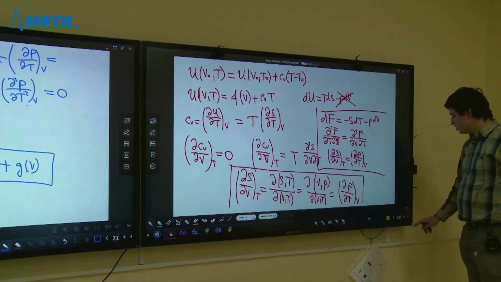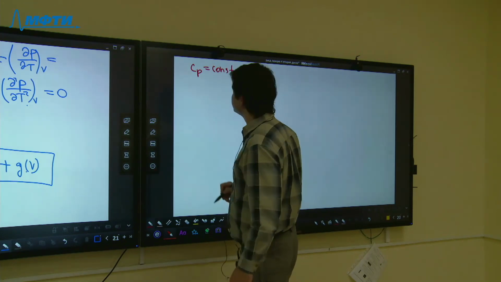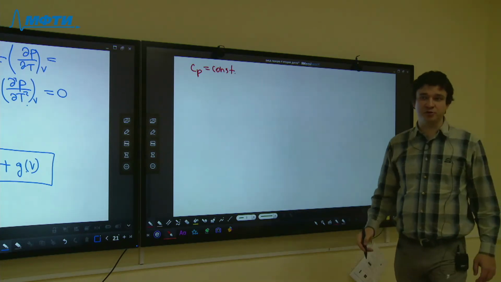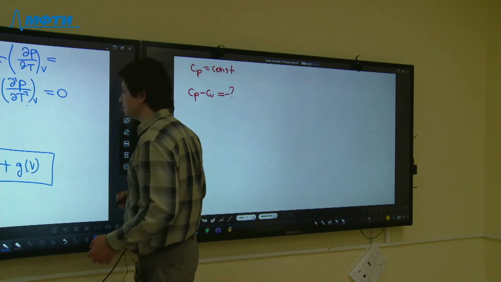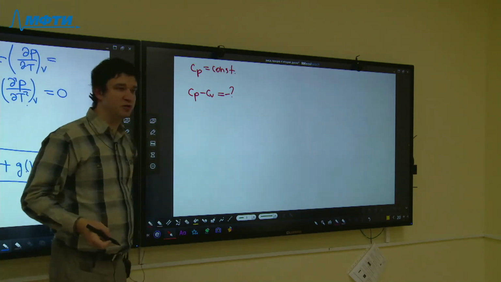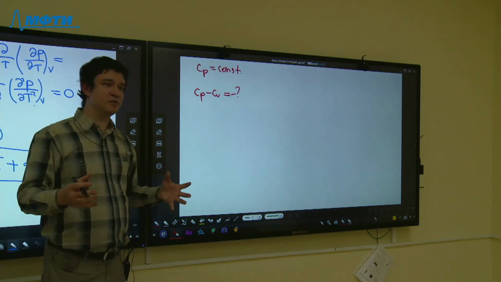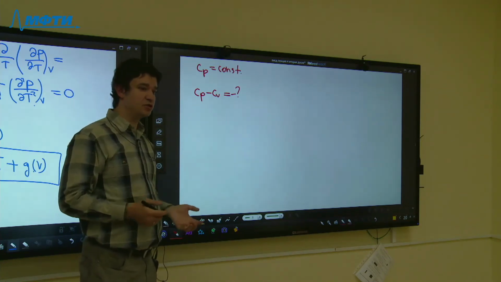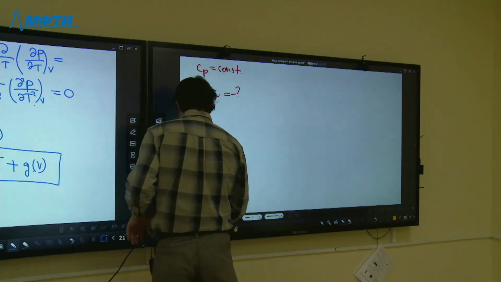Now we should somehow make use of the next condition, that Cp is also a constant. To make use of this condition, we need first to establish a generalized Mayer relation for any medium. So let's calculate the difference between Cp and Cv. If Cp is constant and Cv is constant, then this difference should also be constant. But of course, since we no longer have an ideal gas, or we don't know what kind of substance we are dealing with and what kind of equation of state it has, we don't know what Cp minus Cv is. So we need to derive the difference Cp minus Cv for any kind of substance, not only for an ideal gas. So what we derive should be called